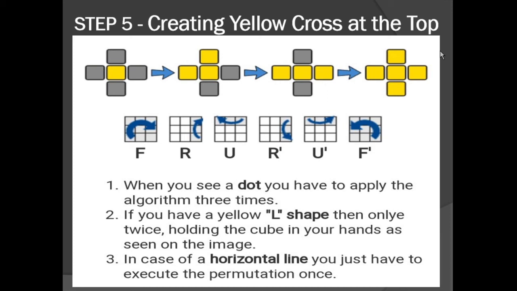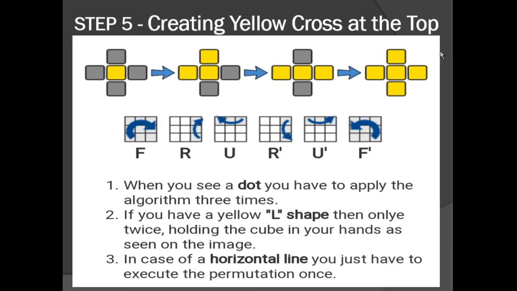If you have a single yellow at the center, you need to apply this algorithm: F, R, U, R prime, U prime, and then F prime, 3 times. That's if you have a dot on the top of your Rubik's Cube. If you have a yellow L shape, then only twice,